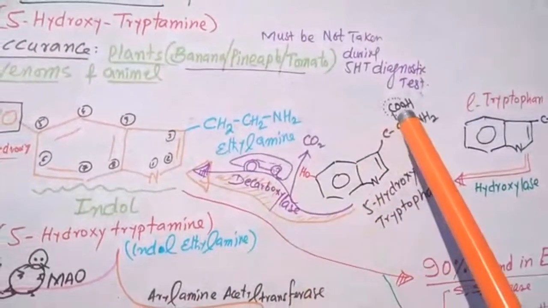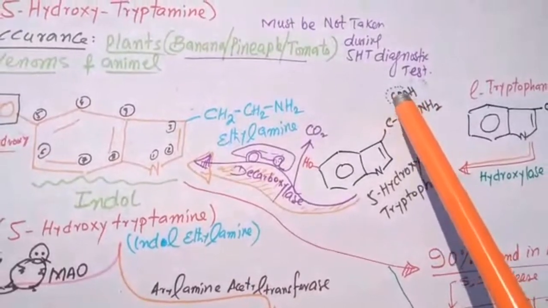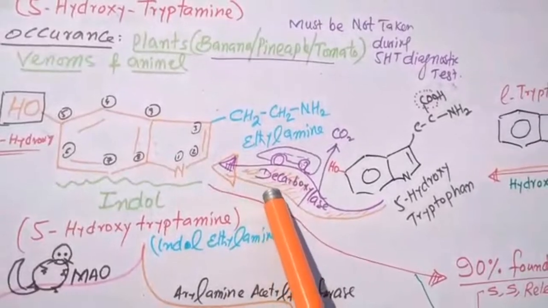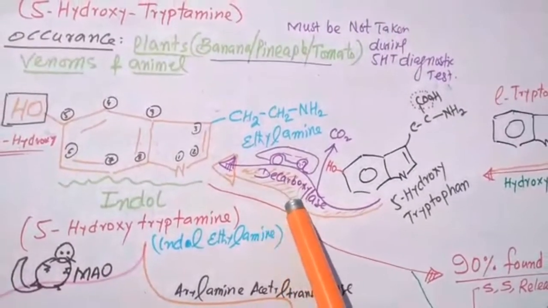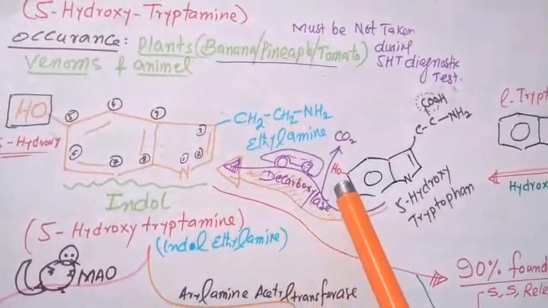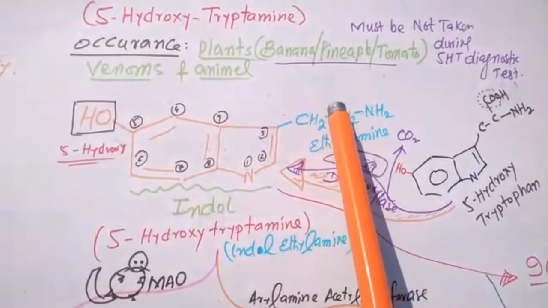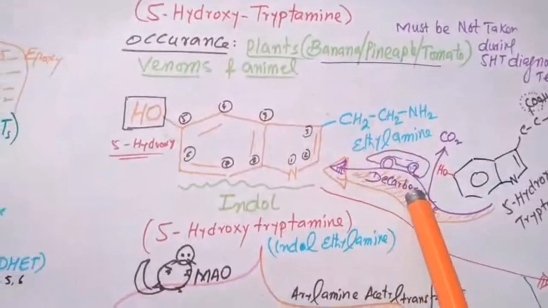The next enzyme produces a decarboxylation action, removing carbon dioxide from here. This is known as aromatic L-amino acid decarboxylase enzyme, simply the decarboxylase enzyme. This decarboxylase enzyme removes the carboxylic acid group, removing CO2 from here, and producing